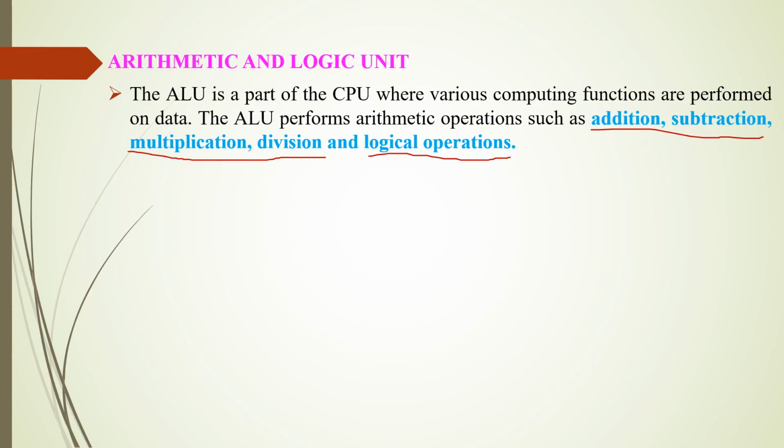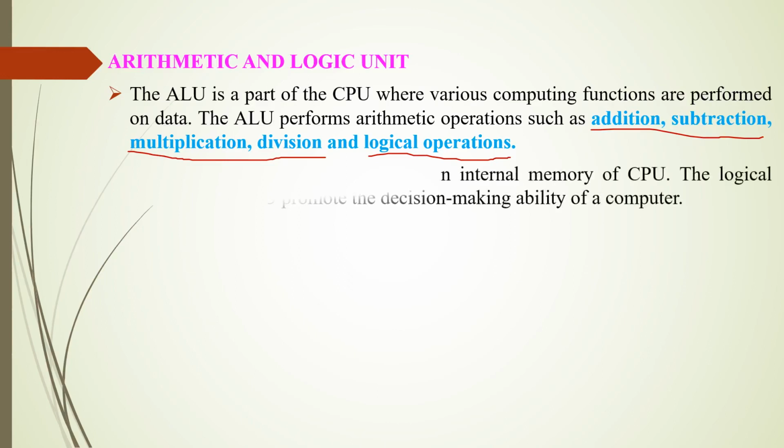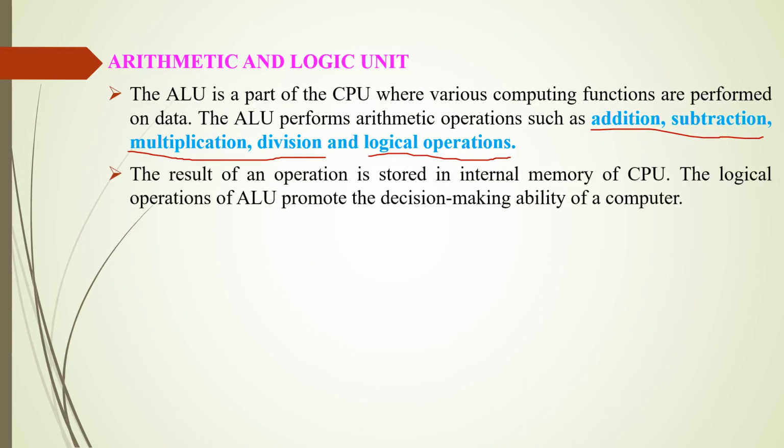You have all studied this in our second part. Except for these basic 4 operations, all other operations are known as logical operations: greater than, less than, greater than or equal to, less than or equal to, etc. So all the basic arithmetic performance is done with the help of the arithmetic and logical unit. Is it clear? It is a part of the CPU. The results of the operations also come with the help of the ALU, that means logical reasoning or decision making, etc.